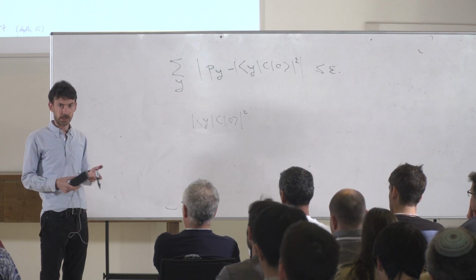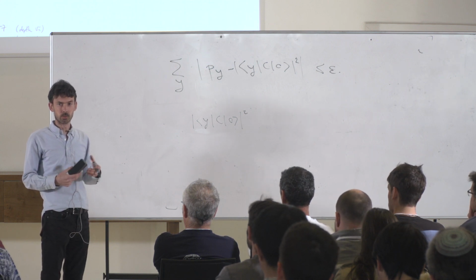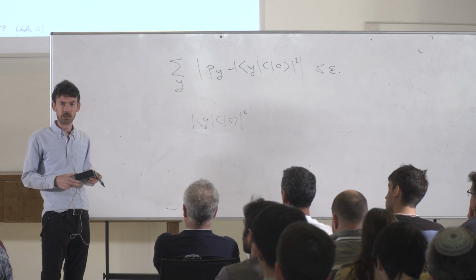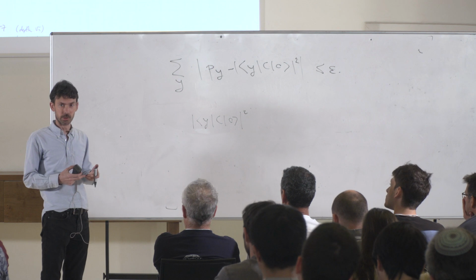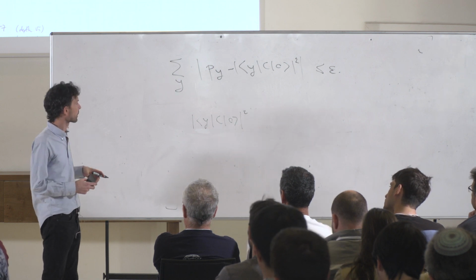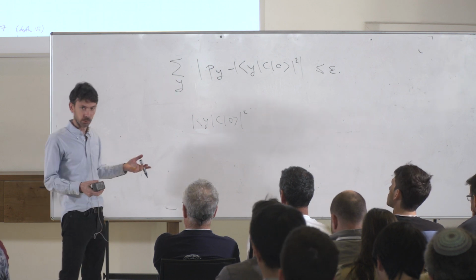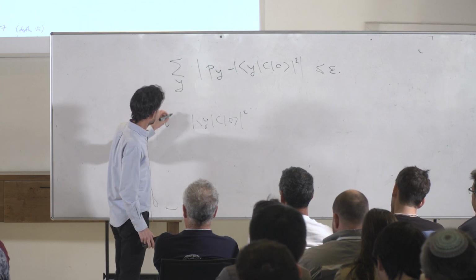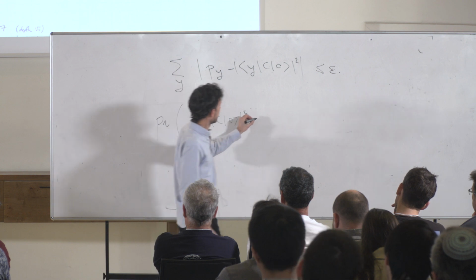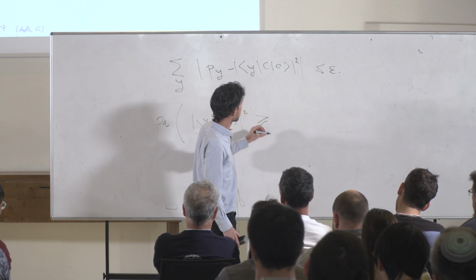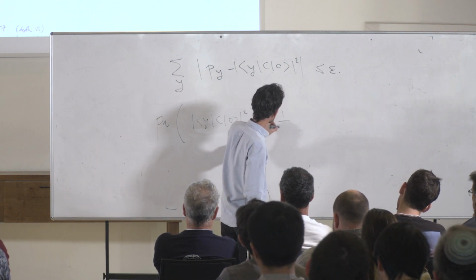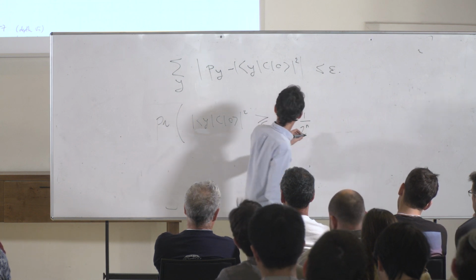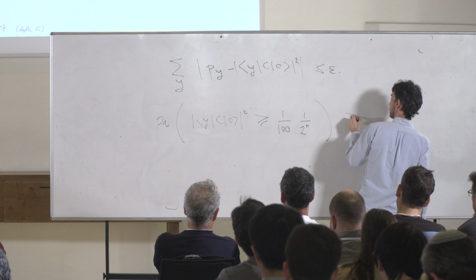Yeah, but there could still be, in principle, many of them that are 2 to the minus 10n or even smaller. That's what I mean by smaller than exponential. On average, they're 2 to the minus n. What we need, I'll say the statement that we need, is that the probability that this value is not much smaller than 2 to the n, let's say less than 100 times 1 over 2 to the n, is at least